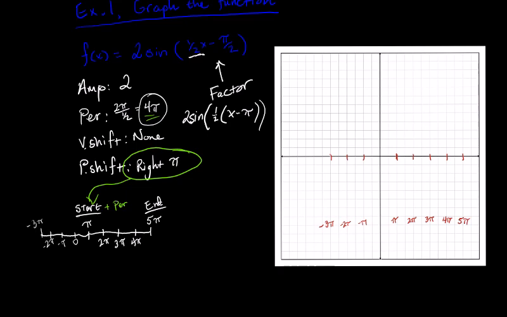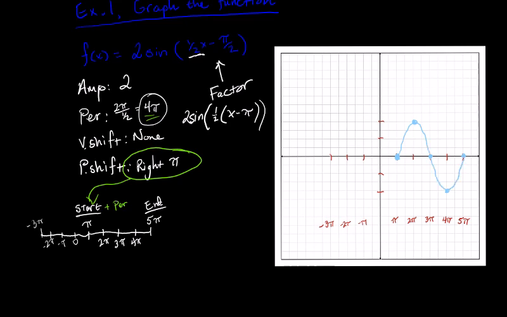And next thing we know it, we're ready to graph. So the middle is still at y equals 0, and sine starts right in the middle. So I'm going to go to my starting value, which is pi, and I'm going to plot my initial point at 0, and then I'm going to go up the amplitude. So I guess we could space these by 2 as well if we want. And then go up the amplitude, so that would be here, down the amplitude, down. There it is. So there's one curve